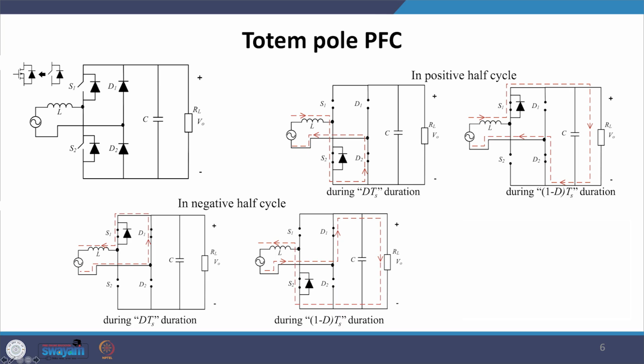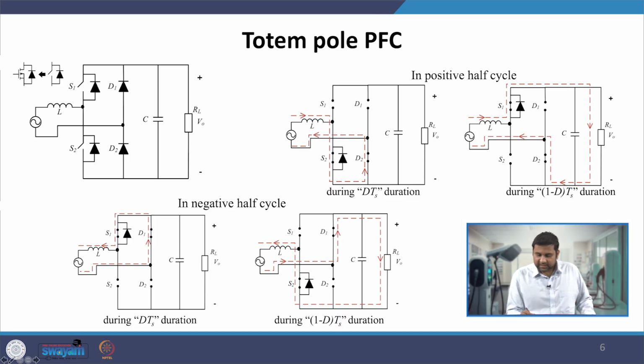One can also use IGBT to realize S1 and S2 switches, but in that case one has to connect freewheeling diode across the switch, so that when the current is in negative direction, it can flow through the freewheeling diode. However, in this lecture we will only consider S1 and S2 as MOSFETs, and let us see the functionality of that.